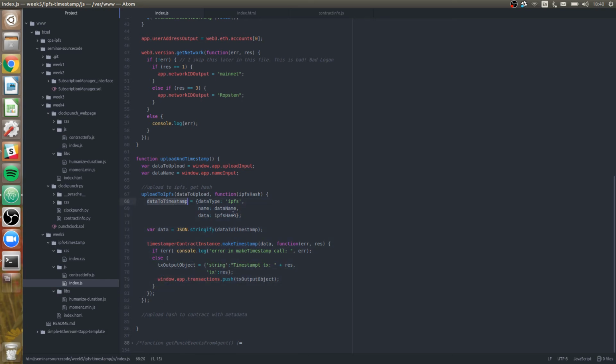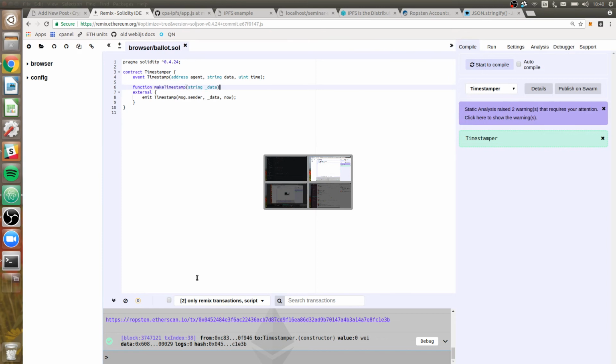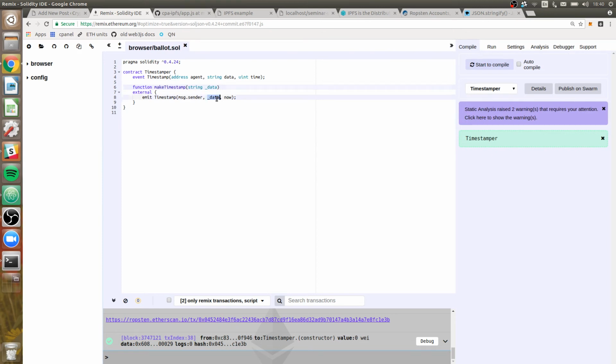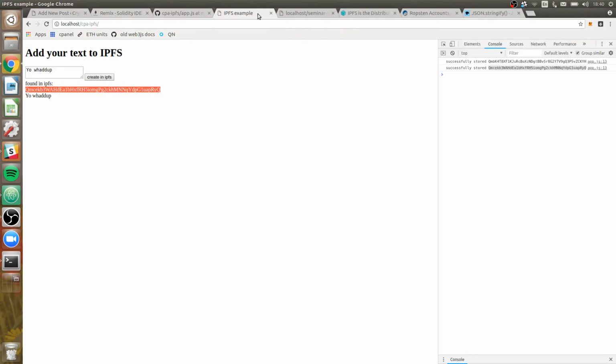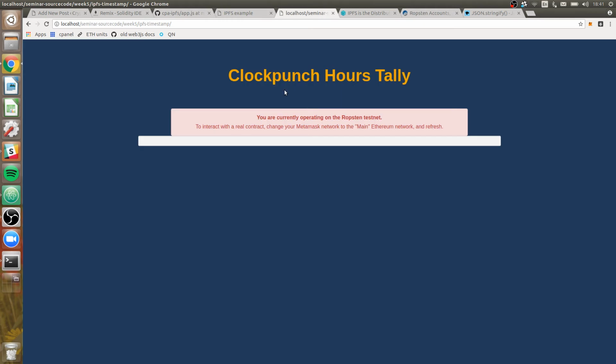It'll put together a dictionary with the data type as IPFS and the name and data from the input. Well, our name from the input and the data is actually our IPFS hash. It should then turn that all into a string called data, and then here's where we actually call the contract to store that JSON encoded string. Yeah, and then our contract just takes that string or that data and makes an event, which we can pick up with other interfaces. So let's see if that works. Let's see what happens. So here is our web page. Let's reload it